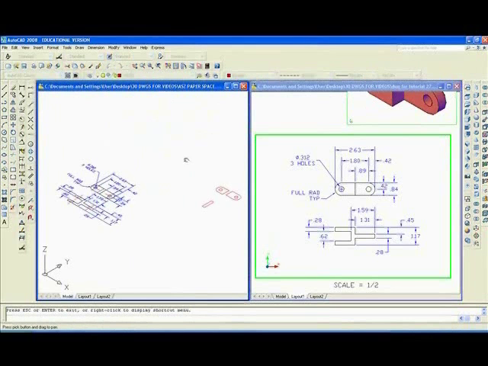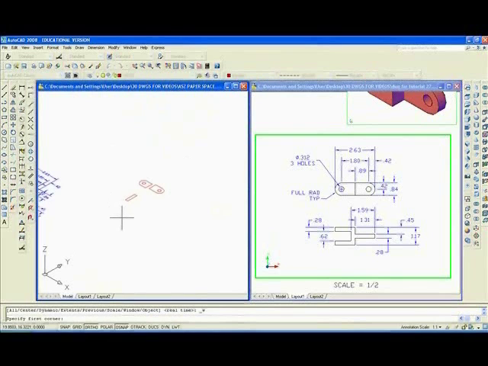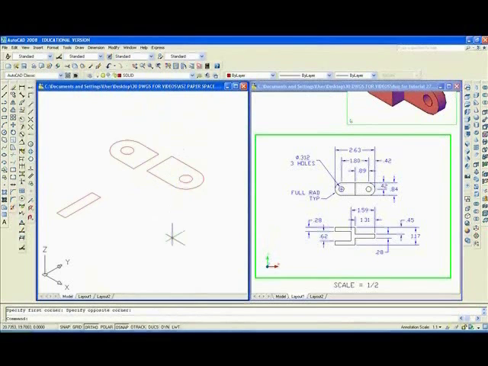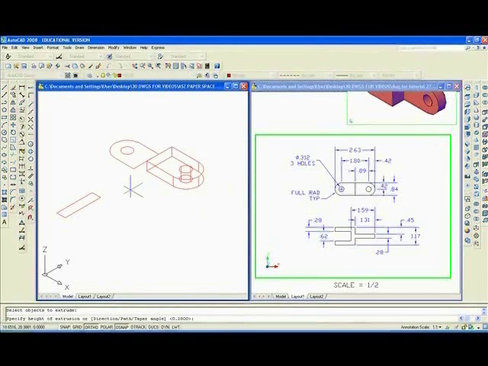Pan, zoom with the window, then we'll type EXT, enter, extrude, and I'll extrude these objects 0.28 and extrude these objects also 0.28,